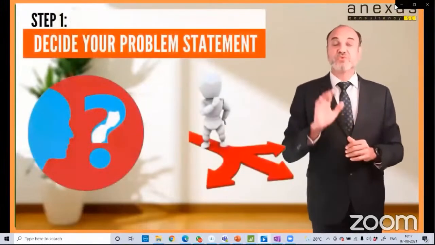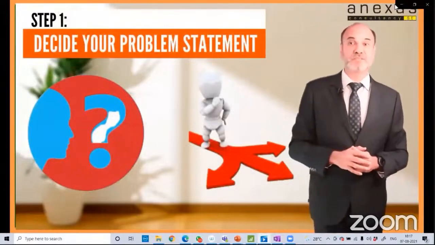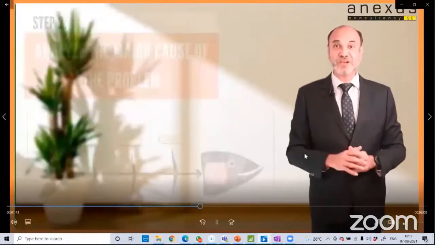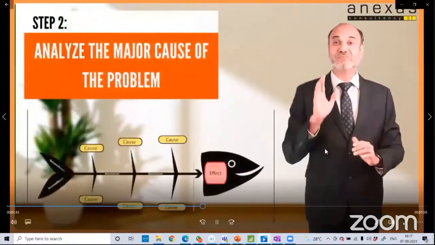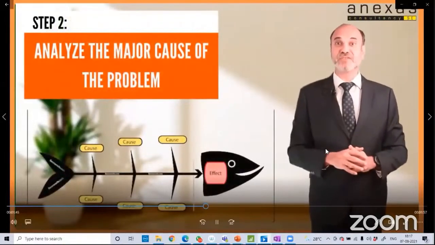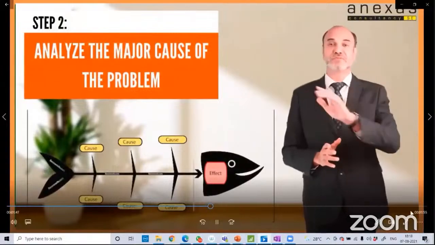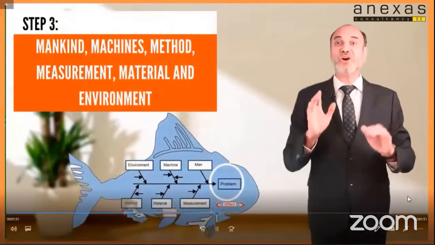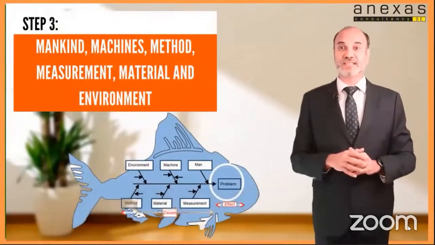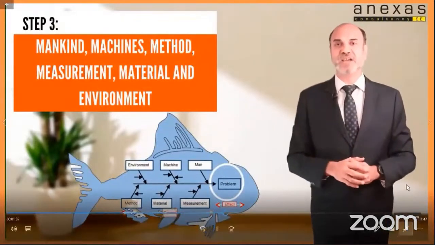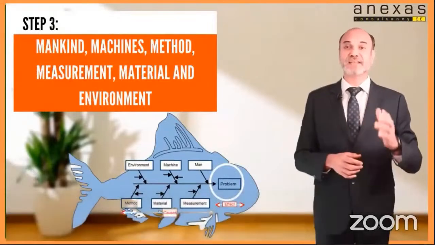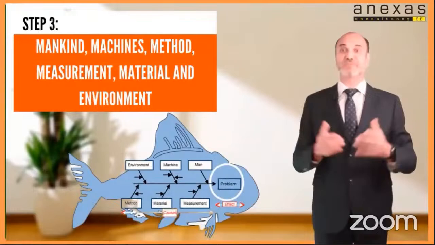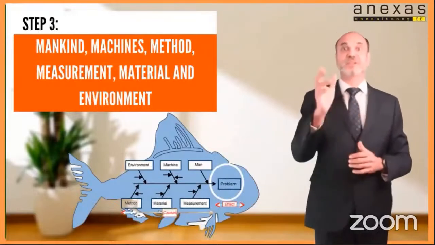Step number 1, you start by deciding your problem statement and write it in the center within a box. Step number 2, you should analyze the major causes of the problem and write them down next to the problem statement horizontally. Step number 3, now you can go on with categorizing the causes as branches of the mid-vein. You can use categories like man, machines, method, measurement, material, and environment or Mother Nature, just to make it